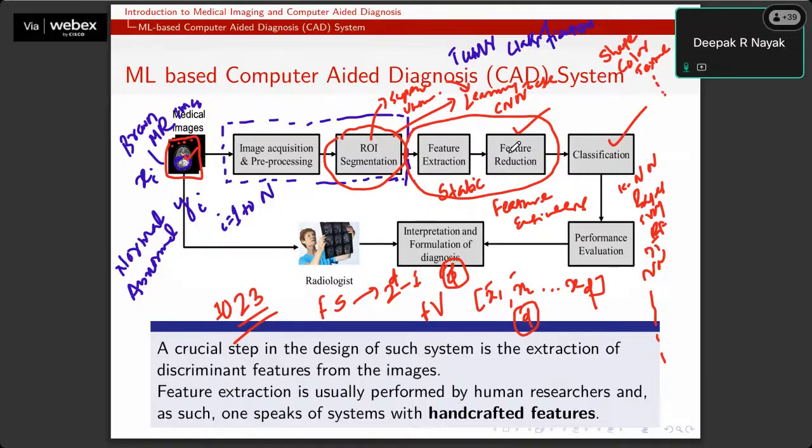There are also other approaches like feature dimensionality reduction, where you can reduce the dimension of the feature vector from D to D dash, where D dash is less than D, right? That is also possible by linear combinations of these features. There are algorithms like PCA, principal component analysis, and linear discriminant analysis that can be applied here to reduce the dimension of the feature vector. In that case, the original features will not be retained, but you can simply reduce the dimensionality of the feature vector.